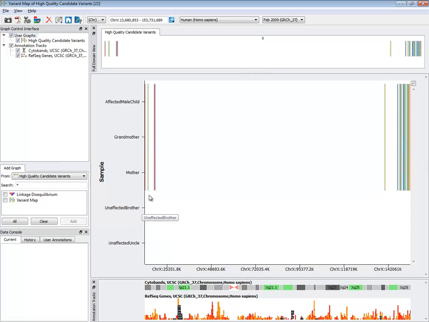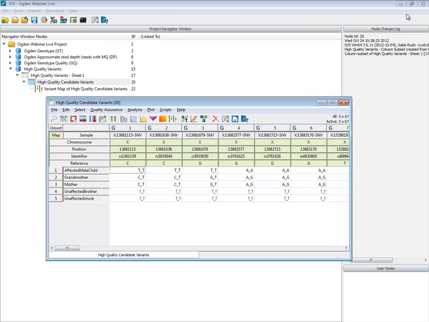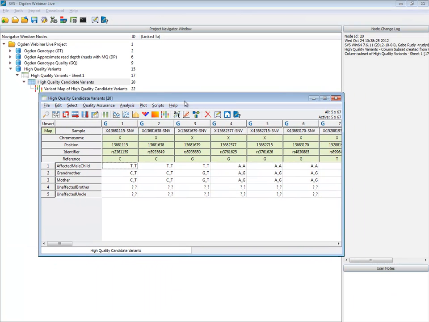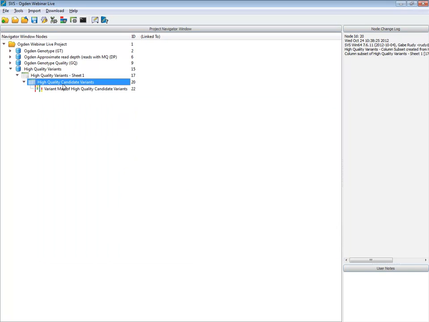So this actually shows us what regions are essentially inherited and at risk to the male, and this was something that in the paper Gholson also orthogonally found: there were 2 regions through haplotype analysis that were inherited in a way that could contain the disease variant. So there we have our high quality candidate variants.